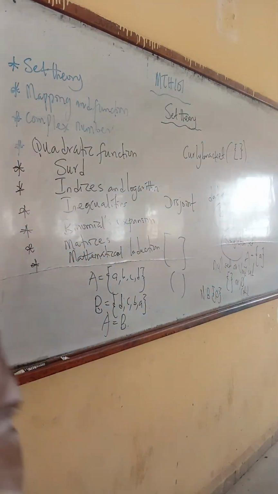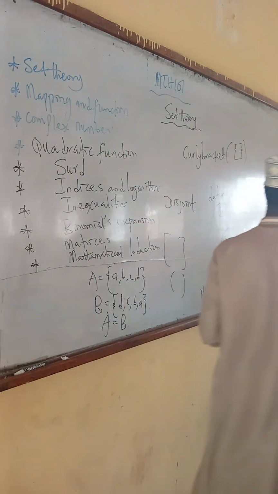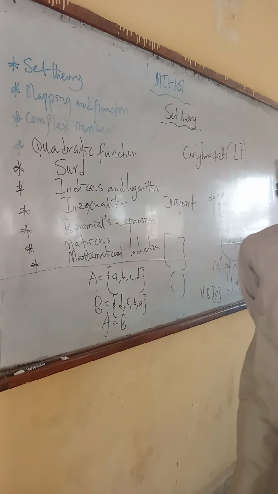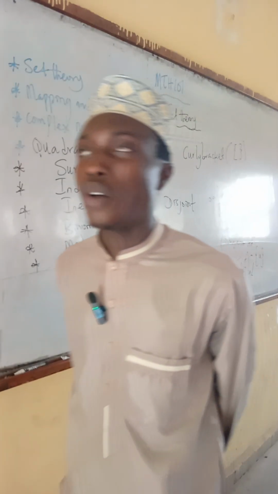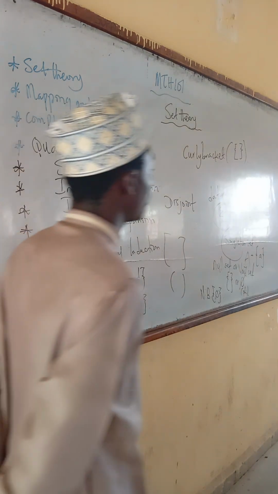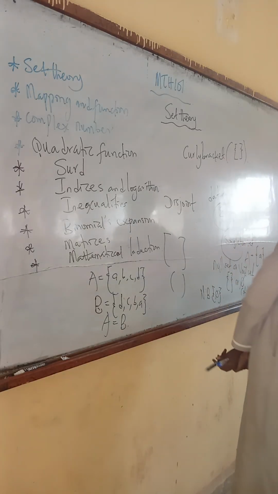This is a direct opposite of what? Equal set. Yes, the direct opposite of equal set. And it is defined as a set